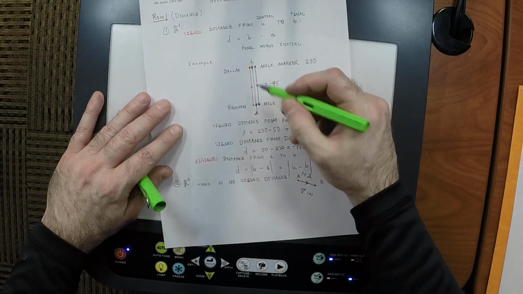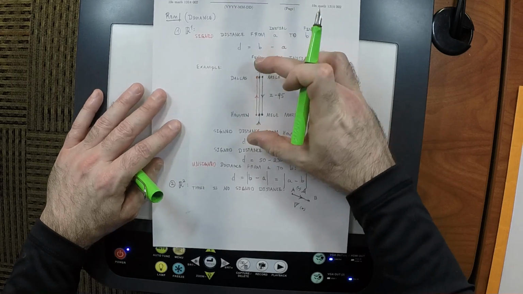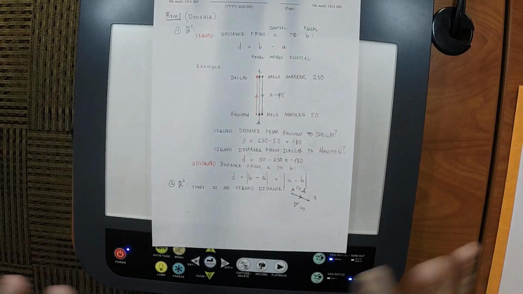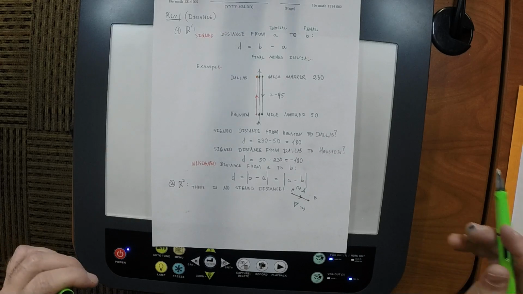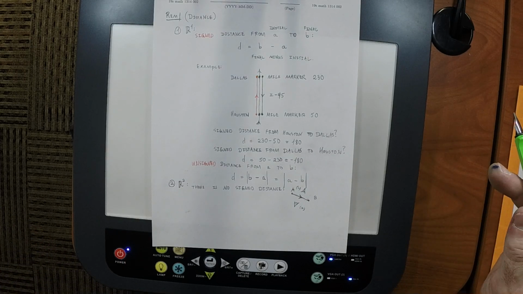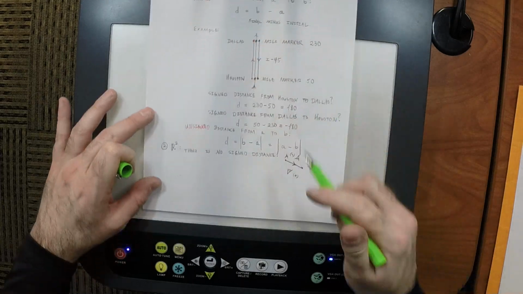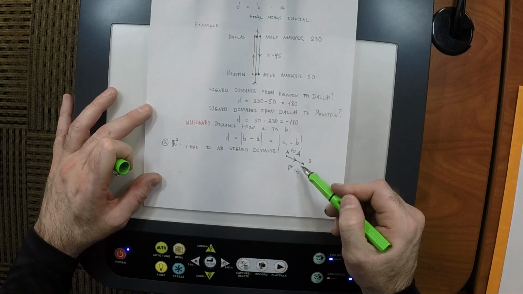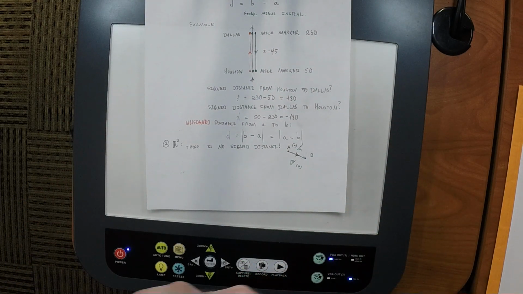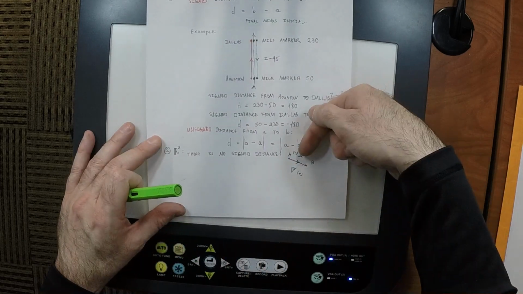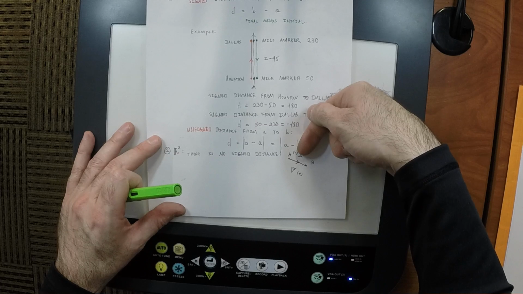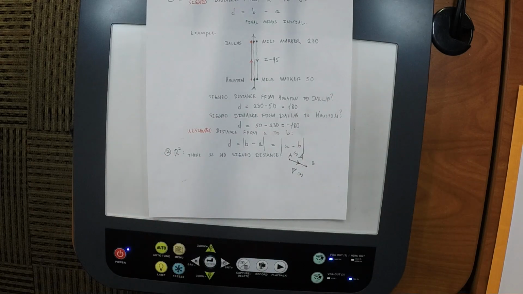So the reason why you can't do this in this highway example is because the whole world is the highway. You're not allowed to leave it. You can't look at the highway from off of the highway. Doesn't make any sense. So it's a one-dimensional world. Here we're talking about a one-dimensional thing, but sitting inside of a two-dimensional world, it can't have a sign. From this point of view, it looks positive. From that point of view, it looks negative. So it's not possible to say that it has a sign.